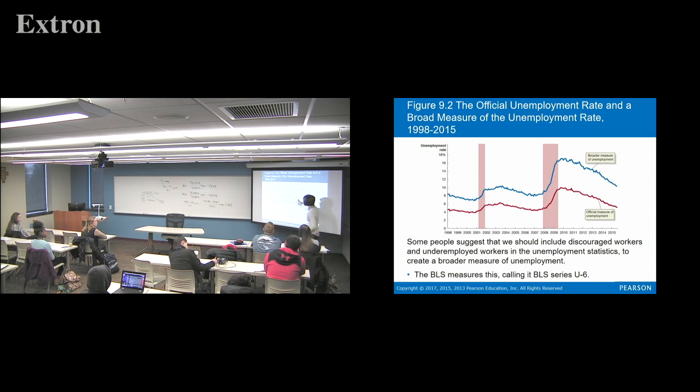This is our official measure, the red line, based on the calculation I just showed you. You turn on the news, this is the one you're going to get. If you include people that are discouraged, they still want a job, so they took a break, and any of those other groups that we talked about that are genuinely unemployed, it's going to be more like up here. Right here's 2009, and right here is about 10%, hitting that red line, which is what was reported. Perfectly accurate. If the news would have reported unemployment during the recession of 16 point something percent,